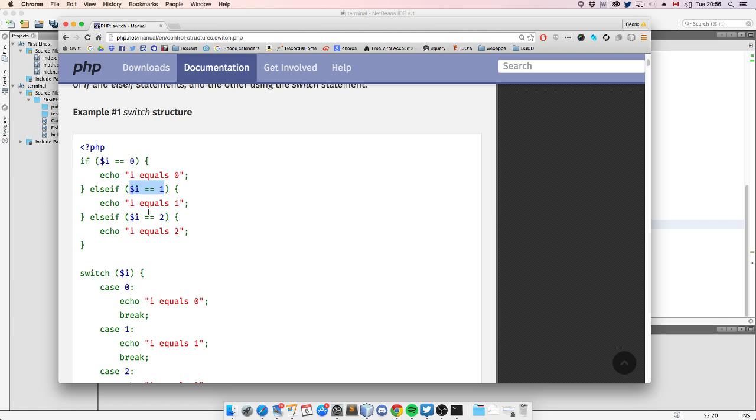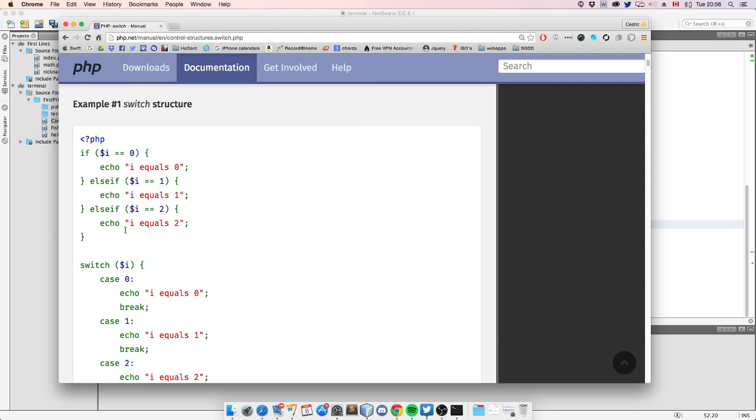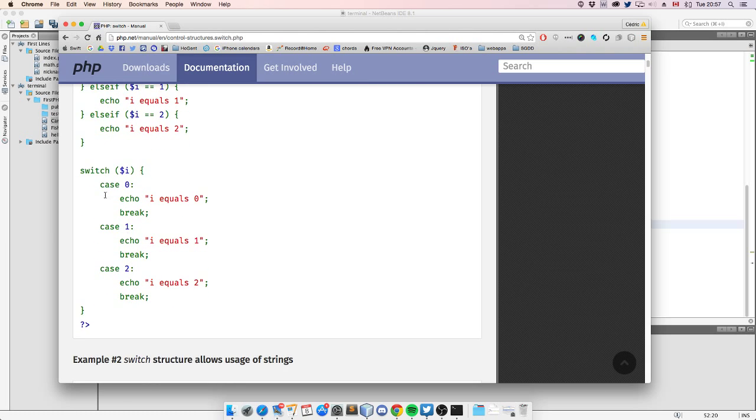Is 1, which is also not true, is 2, which is also not true, so it's not going to execute any of this code. And if you put in an else, and then a chunk of code like echo I equals something different than 0, 1, or 2, then it would execute that. So that's basically the if, else if, and you can go as far with this as you want, but when you go 4 or 5 steps,